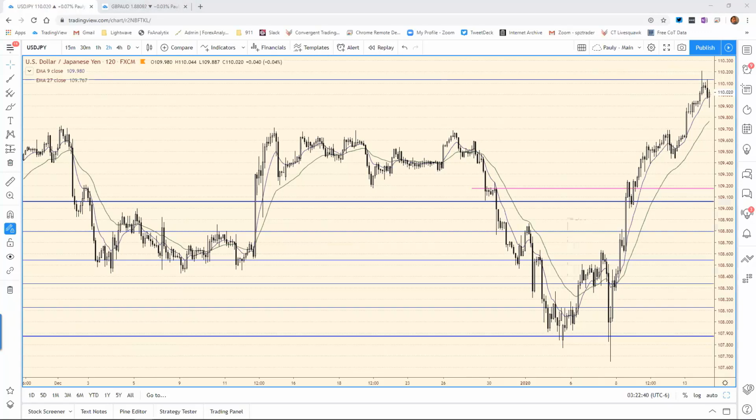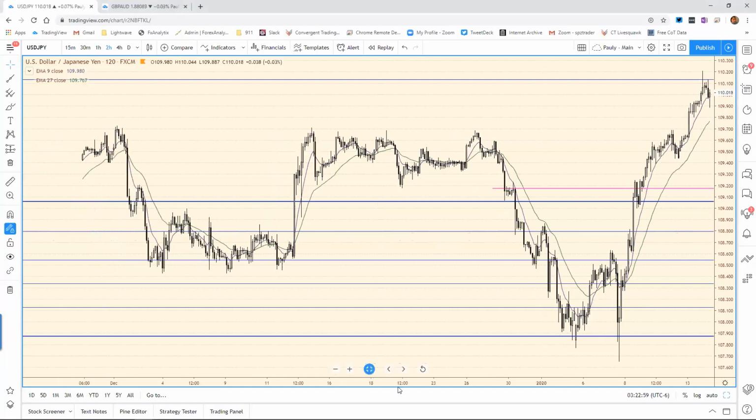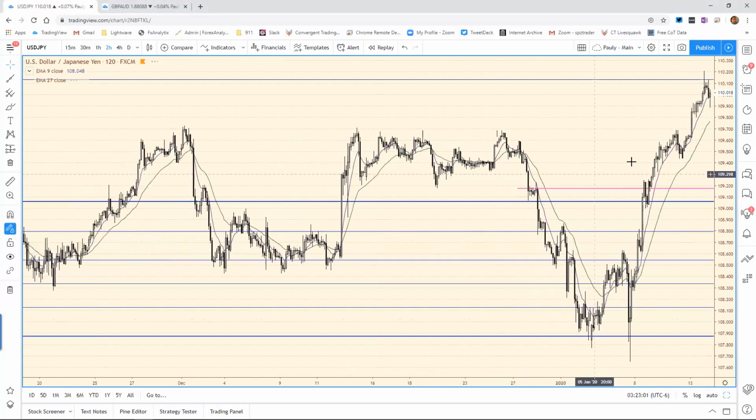So the dollar yen closed above 964 for a fully buy mode with expected moves to 1047 with a pause at 1007. Support is now 964 followed by 935. So at this point, we did get that pause a bit here at 1007. But at this point, what we're looking for now,